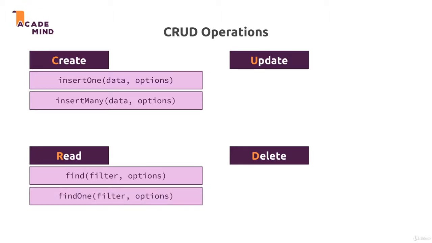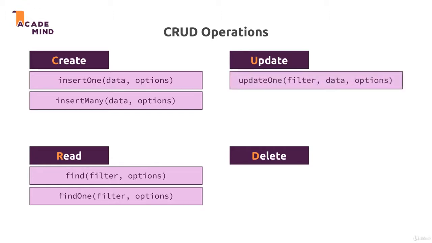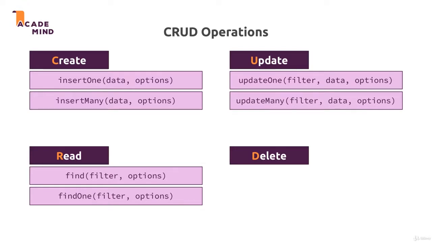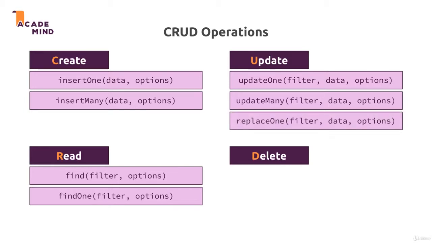You also got findOne. The difference here is that find finds all matching documents. findOne simply gives you the first matching document it finds. updateOne is then useful for changing one piece of data. And just as we can insert many documents at once, we also have updateMany. Now, the update functions take 3 arguments because we can pass a filter to narrow down which document or documents to change, then the data describing the change, so what should be changed, and again, some options we can use to configure that process. We also got replaceOne in case we just want to replace a document entirely with a new one.